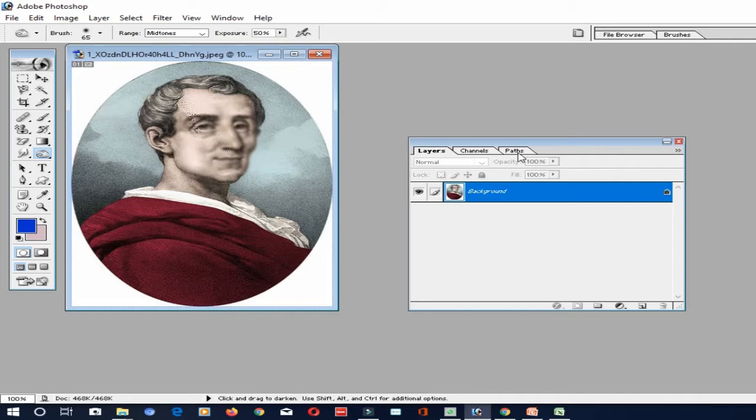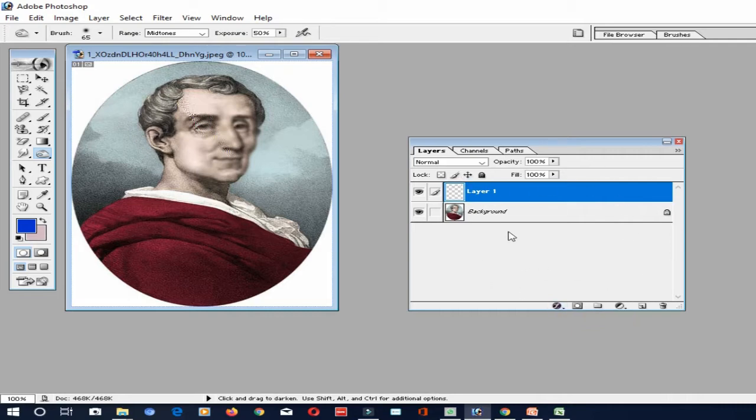So what is that? This is the layer panel and this is your layer thumbnail. This is your expand and collapse layer icon. If you want to create a new layer, you can click on this. This is the create new layer button. This is the delete layer button, and this is your create new fill or adjustment layer, and this is for creating a new set, this is to add a layer mask, and this is to add a layer style. Okay, this is the layers panel.